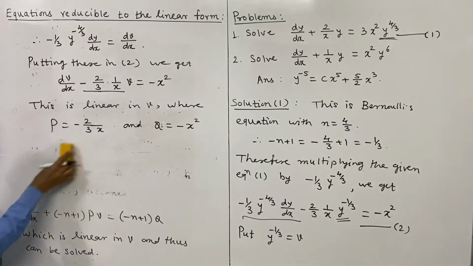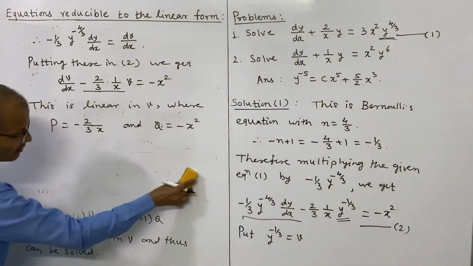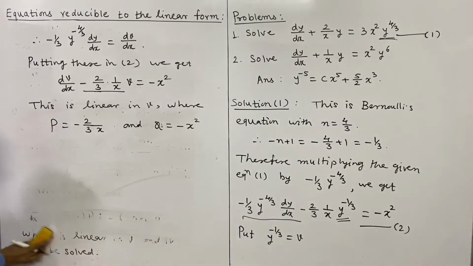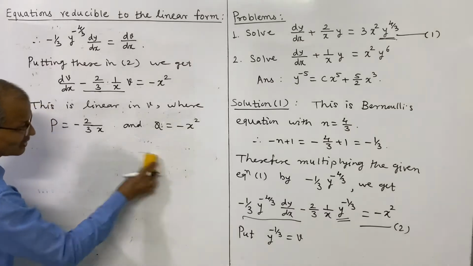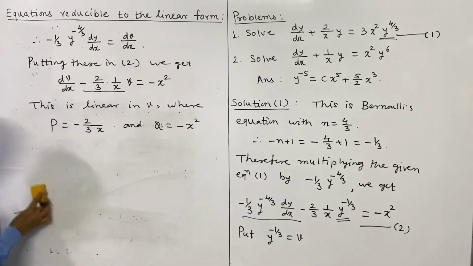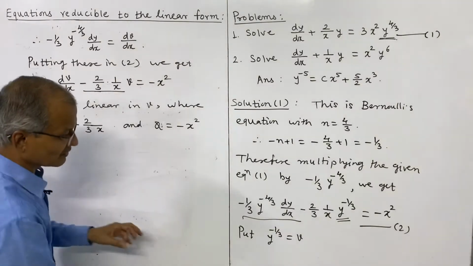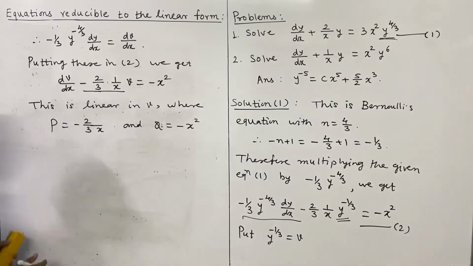So its integrating factor we know is e to the power integral p dx. In place of y, here it is v, and that substitution also we have to replace after solving the equation, because original equation is in terms of y and x. So for time being we have used the substitution for conversion as y in terms of v. So finally we have to replace this value of v.